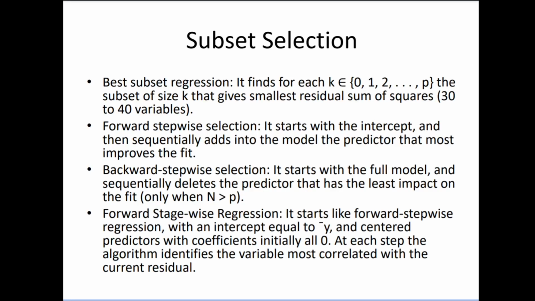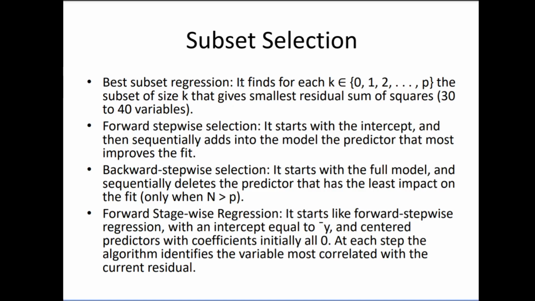Now once we have understood linear regression, there are many twists that we can do on linear regression. Now the first one is that you can do some subset selection. Now what is subset selection? Not all of your variables are going to be very good for your prediction. You need to get some variables out of your data which will best give you the answer.